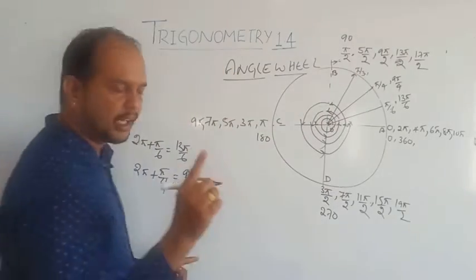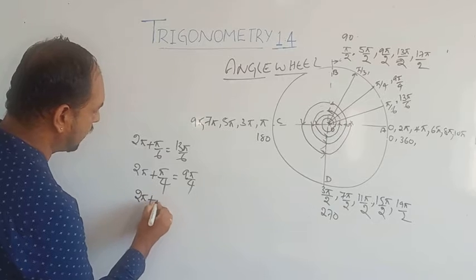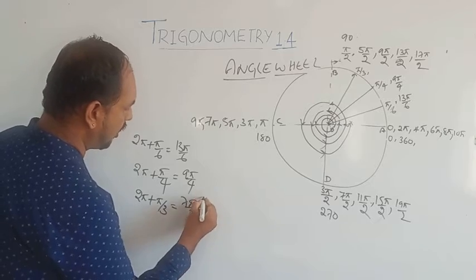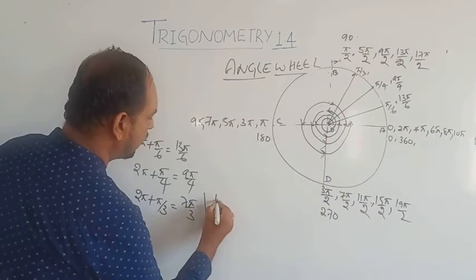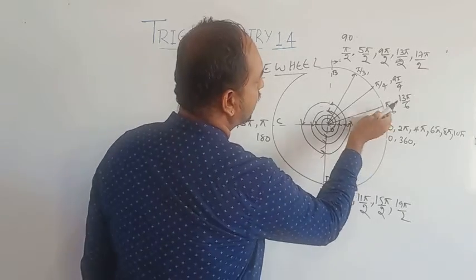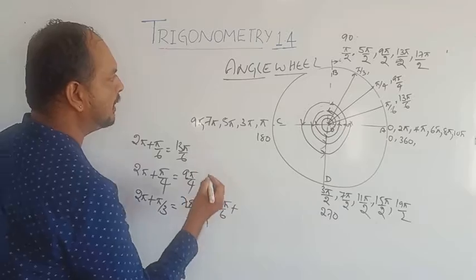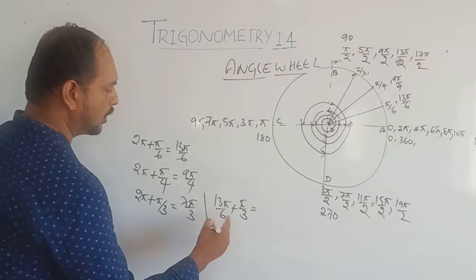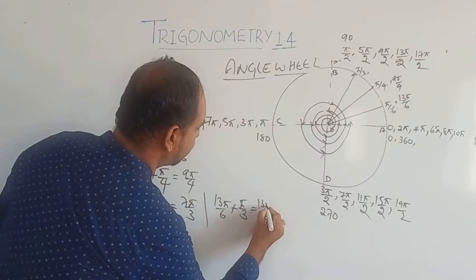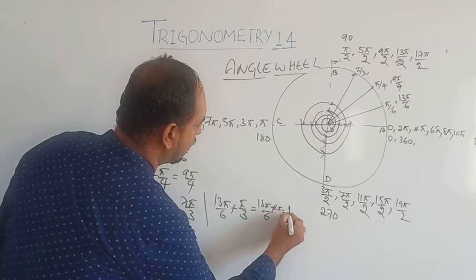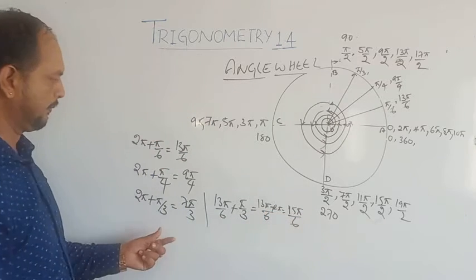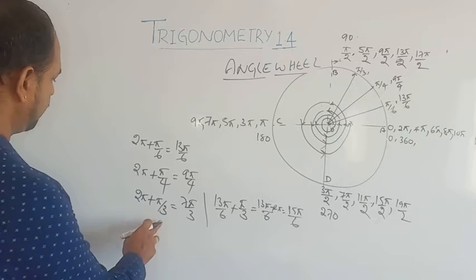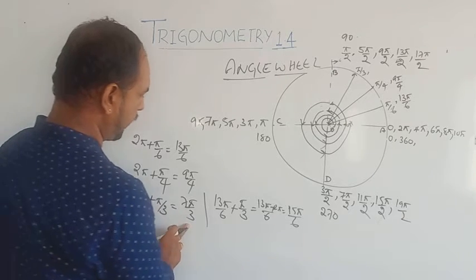Now 60 degree you can calculate two ways. That is the standard way, 2 pi plus pi by 3, that is 7 pi by 3. Or from 13 pi by 6, here it is, plus add 30 degree, that means pi by 6. So 30 plus 30 will be 60, am I right? So it will be 13 pi plus 2 pi, that is 15 pi by 6. Three twos are 6 plus 1, 7 pi by 3.